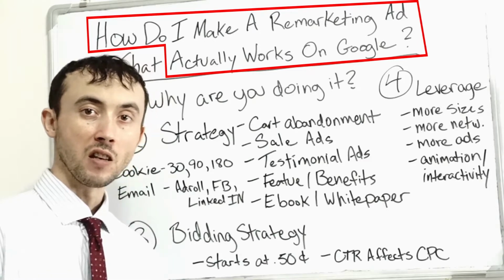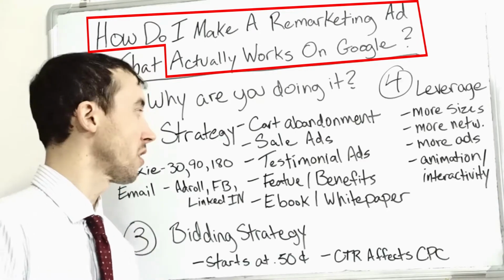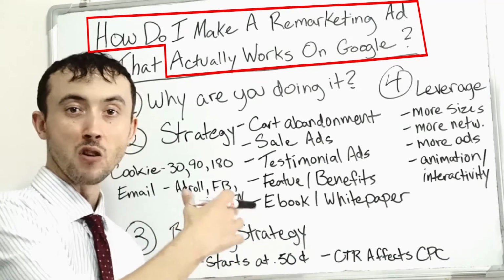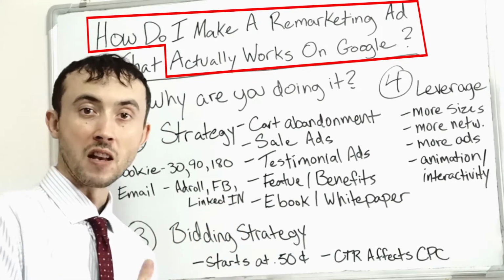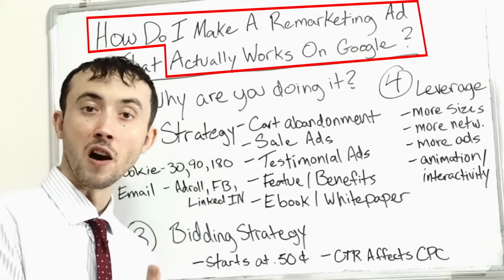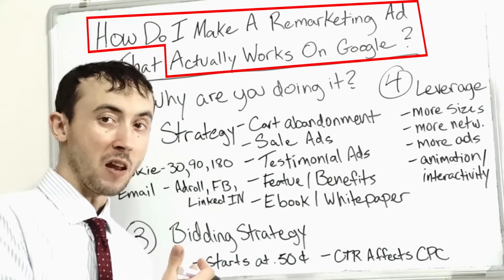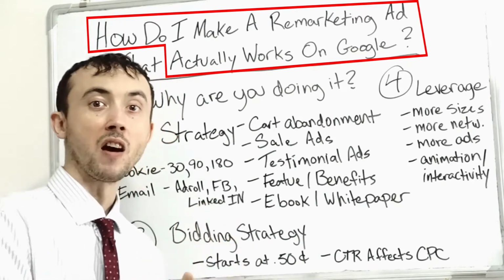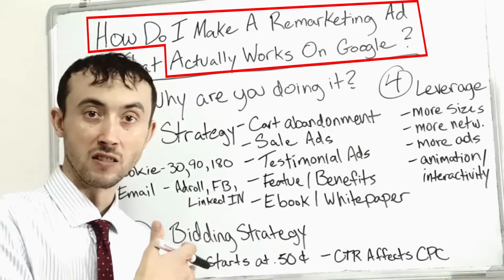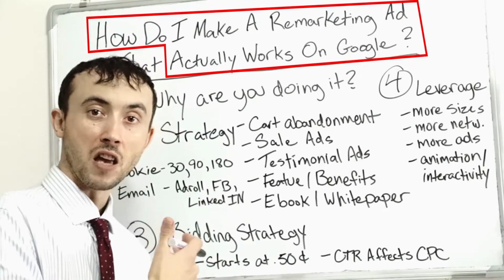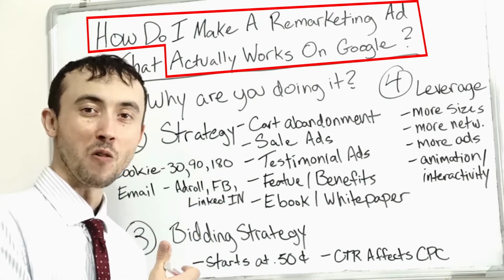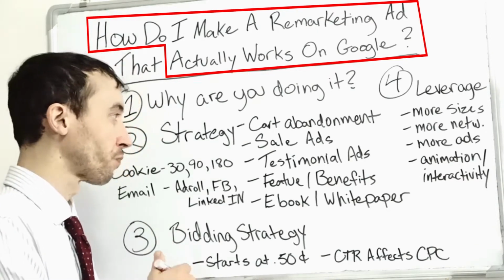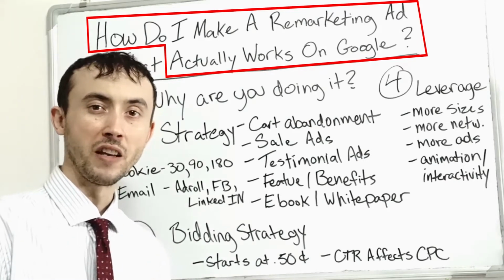So in any case, I have a short list of things that I normally do to put together a remarketing campaign for one of the campaigns that I manage. I've managed over 100 campaigns now. I've identified pretty much spot on what works and been doing it for the last dozen or so times on our campaigns. I can't seem to really improve it anymore. So I'm going to go over what those things are